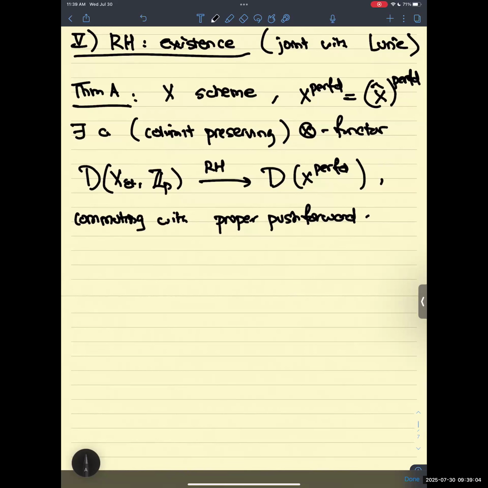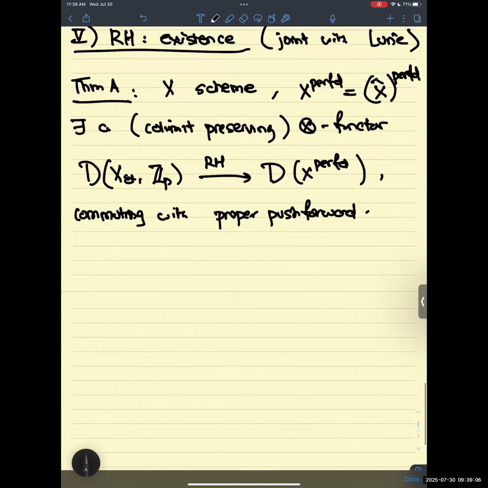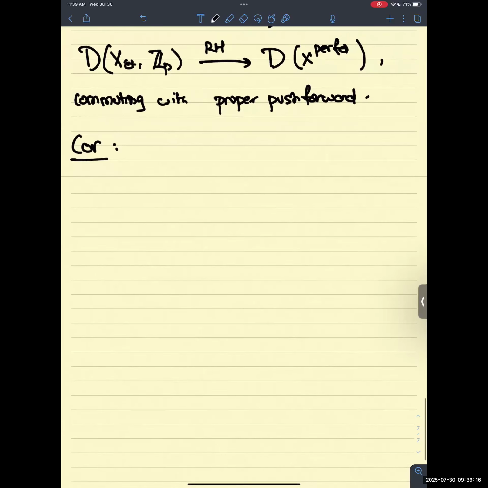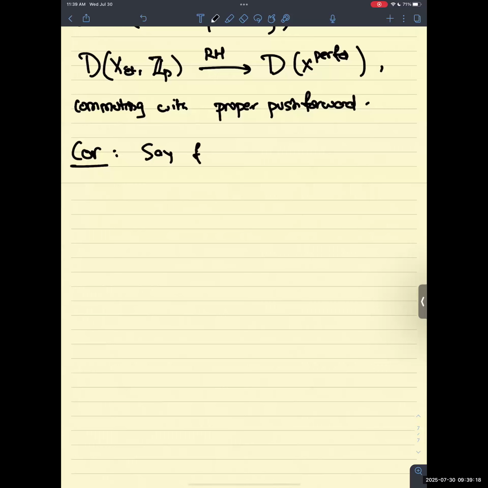And so why is this theorem useful, or what can you do with it? So let me tell you one corollary you can prove which answers this question, which I started off the talk with. So the corollary is the following. So let's say f from X to Spec R is a proper map of Noetherian schemes. Not necessarily in characteristic p anymore. I want to go back to the splinter equals derived splinter condition. And then what the theorem lets you do is it lets you prove that